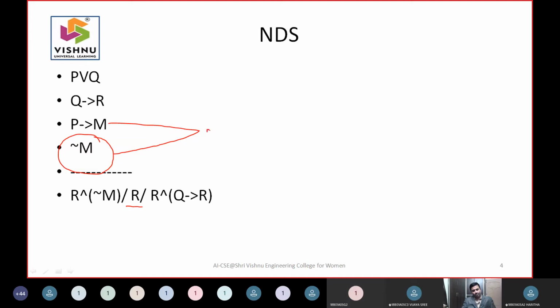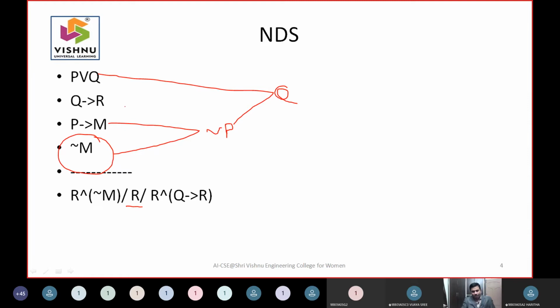Negation P. See, what you said is exactly right. This is negation of P. Since P was involved here, I am searching for a statement with respect to P. So this is a statement with respect to P. If you combine this statement and this statement, what is the inference? Q. So what you said is right. So the inference is Q.